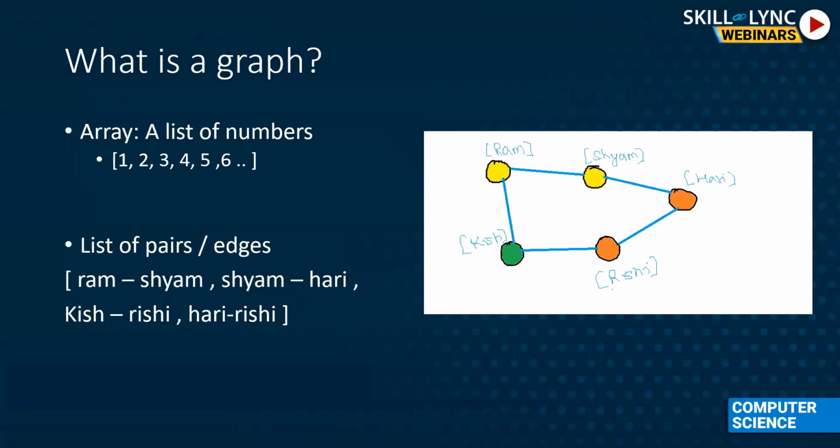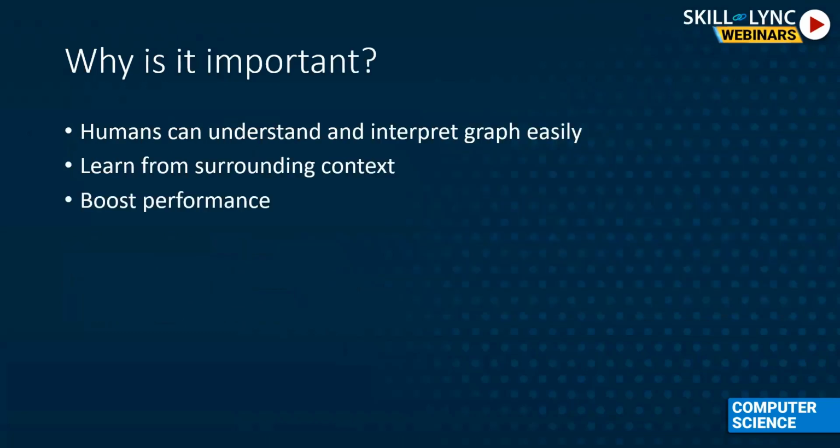So when we actually work on the graphs, when we look at the structure, there is so much inherent information that is already there in the graph that we can definitely use. So this is one of the important factors that we have in the graphs, and that's why it's very useful. We can learn from surrounding context. As I've already given the examples, the context is already available to us. It is visible to the eyes, but it's a little challenging for the algorithms to capture that surrounding context.